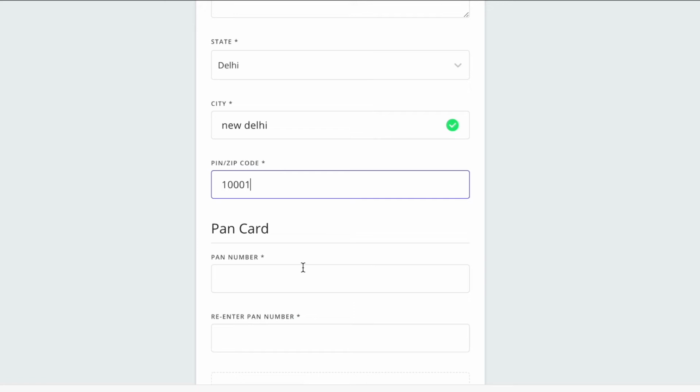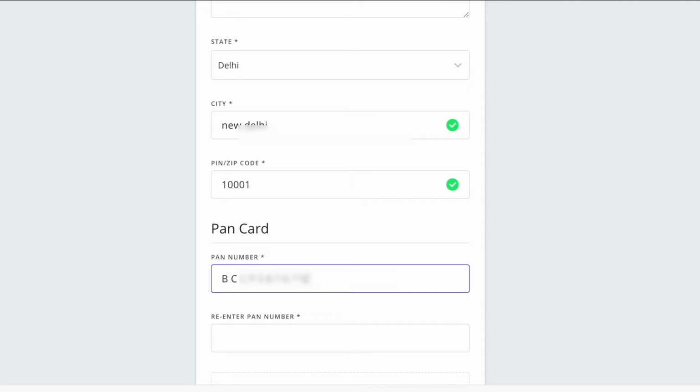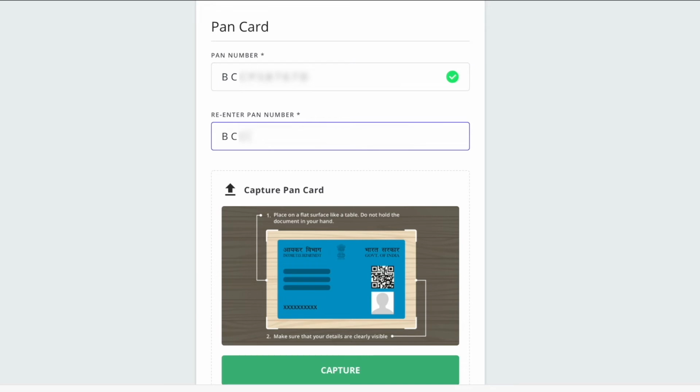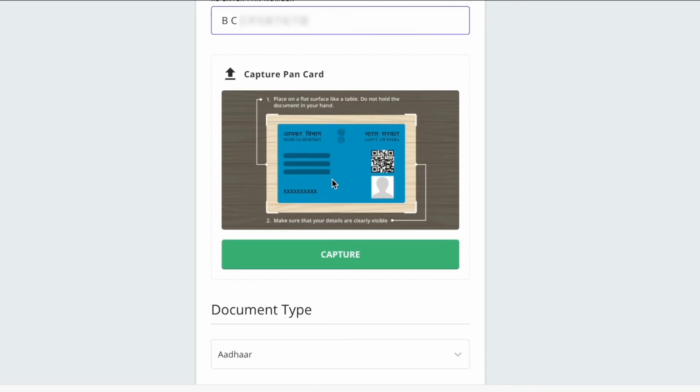Now I'll enter my PAN card number. I re-enter my PAN number here and then I need to capture the PAN card.